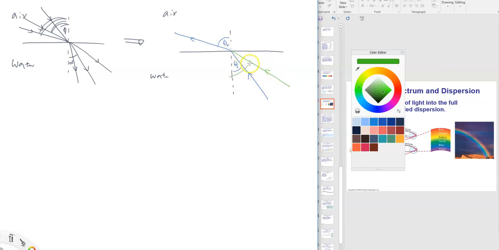Here we have theta I. Refracted also getting bigger. No, I want to make it a little bigger. Gets bigger, right? So I'm going to keep increasing this, and at some point